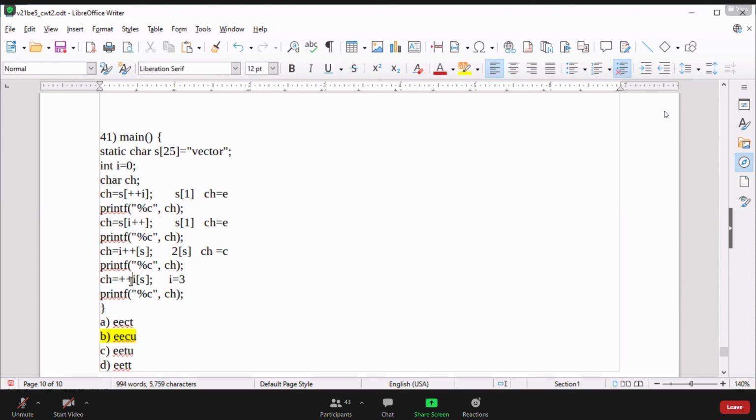Now which operator has more priority? Here you can see the index operator has more priority, and that's why I of S, meaning 3 of S, will be performed first. It will take the character, and the character is going to be pre-incremented, so it becomes U. I hope you are getting it. So that's why here U.